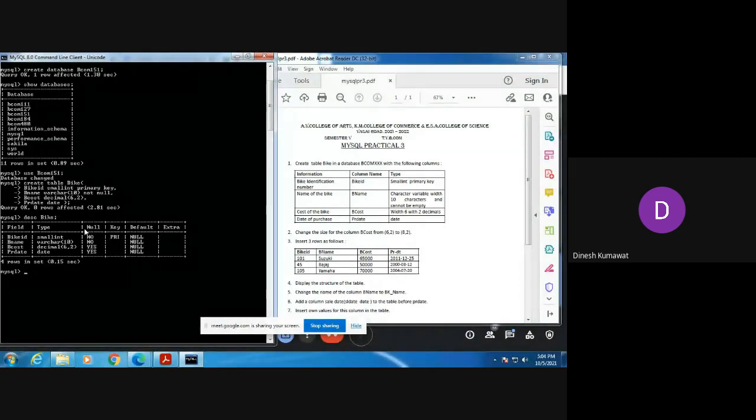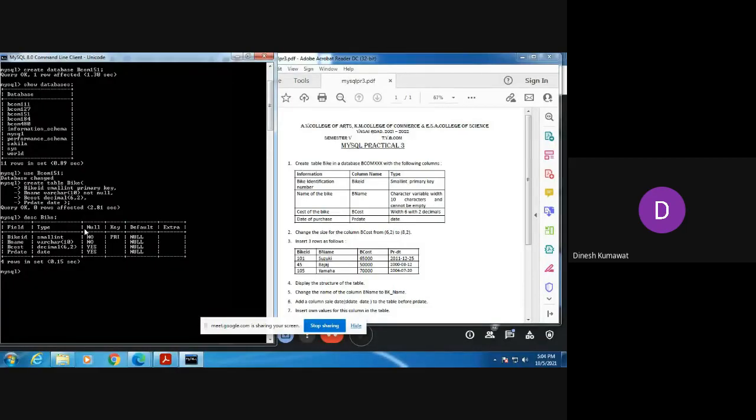So this is all about question number 1. Is it clear how to create a table and how to see whether it gets created or not? Okay. Now let's move on to the next question so that we can complete our practical as soon as possible.